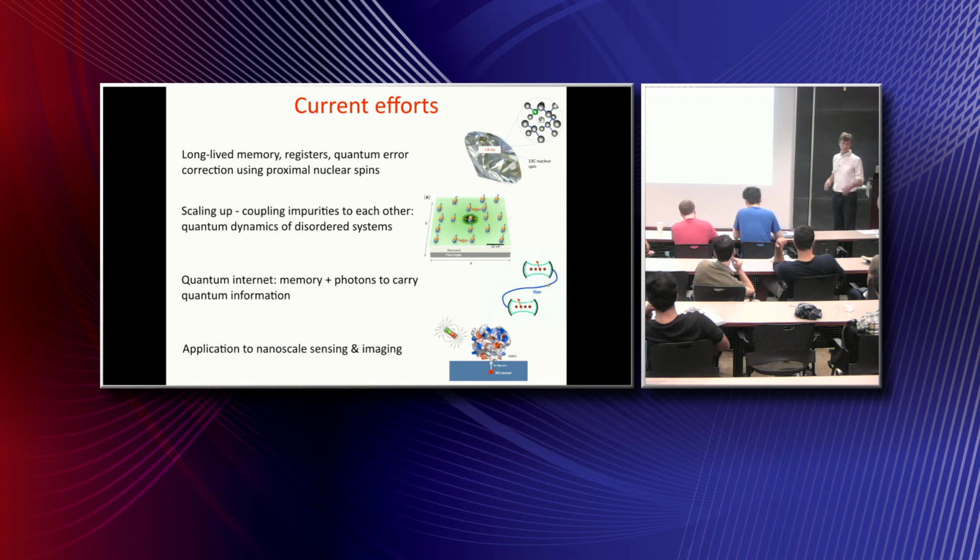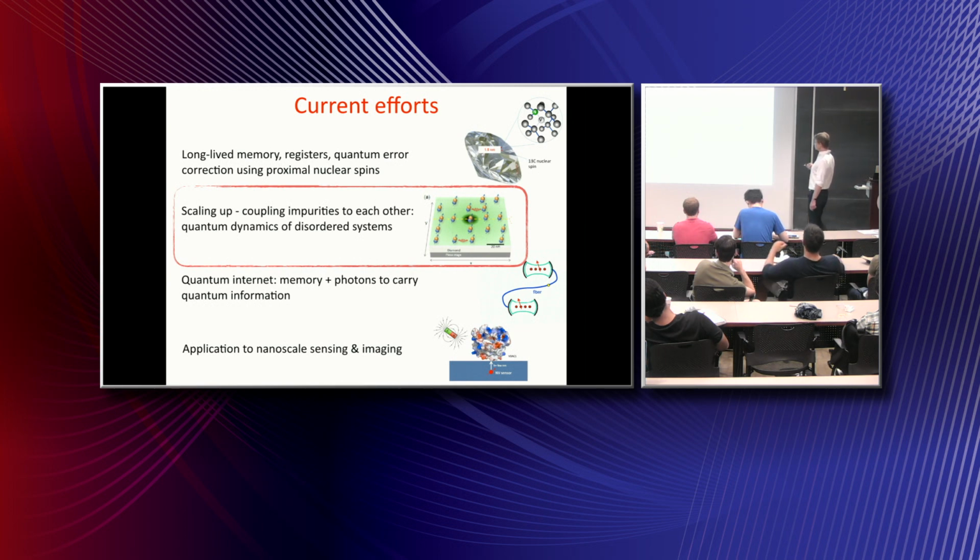Actually here in Princeton, Jeff and Natalie are starting their own research groups addressing various aspects of this research. But today I will focus on this particular thing, related to scaling up and to this problem of disorder. Instead of trying to improve the fabrication methods, I will ask whether we can control this disordered system in some way. And the time crystal will be an example which we will be using.